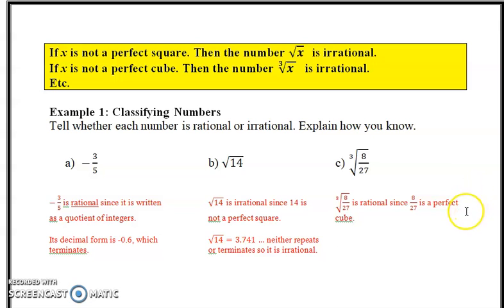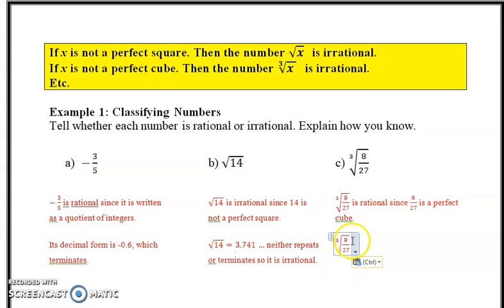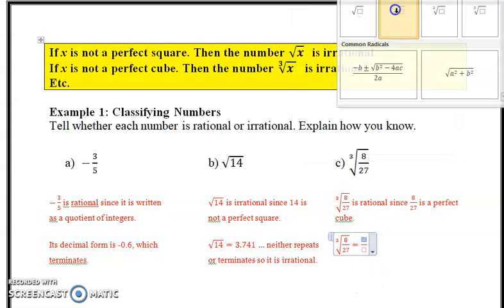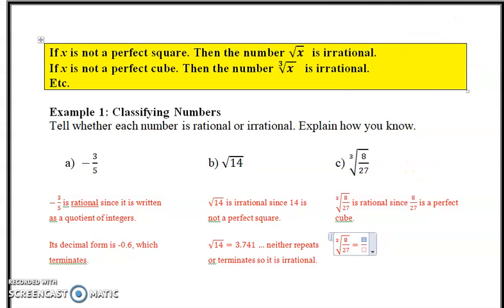If you don't understand that, that's fine. I'm going to show you by actually calculating it. I'll do this again step by step just to make sure, in case you missed it in the previous. So we take the cube root of the numerator and the cube root of the denominator. The cube root of 8 over the cube root of 27. The cube root of 8 is 2. The cube root of 27 is 3. So it is 2/3,